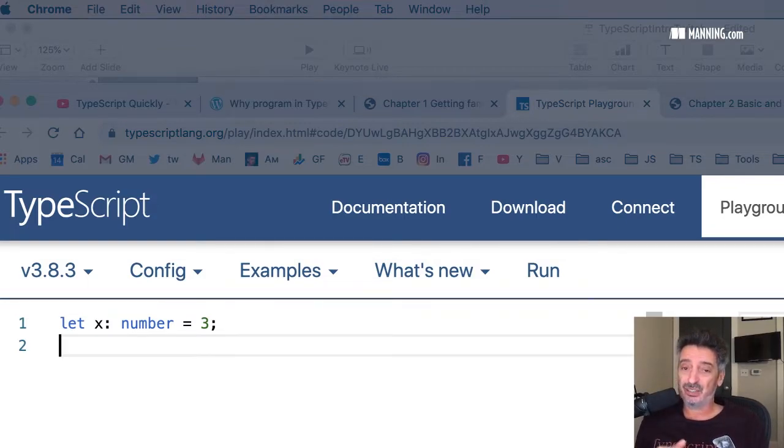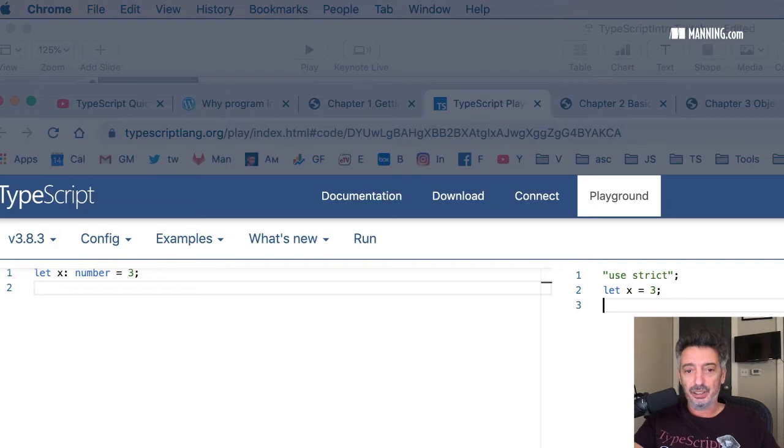But when you say the word transpile, we mean that the code will be compiled from the source in one language to the source in the other language. As you can see on the right-hand side, you see the JavaScript version of the code, but without the type, without the number. All right, so to transpile means to convert the code from the source in language A to the source in language B.